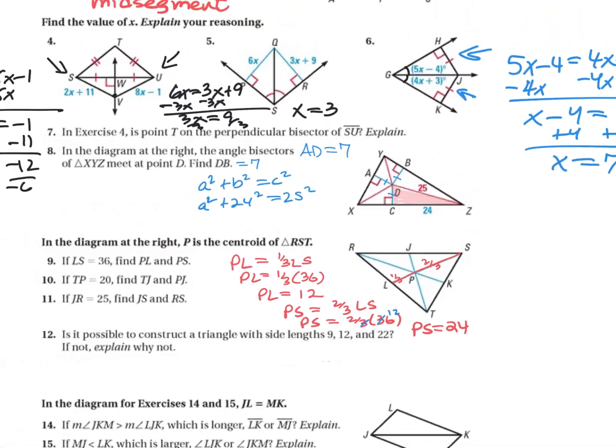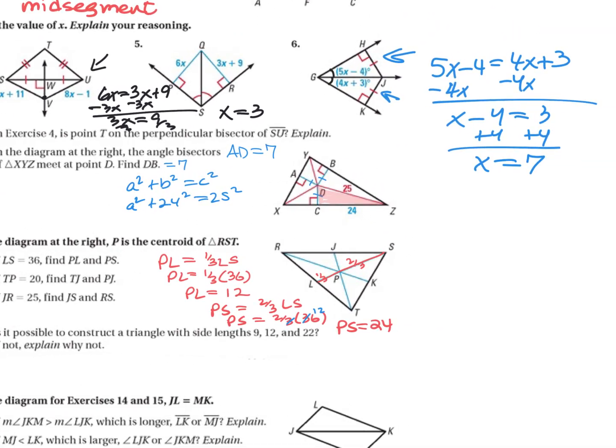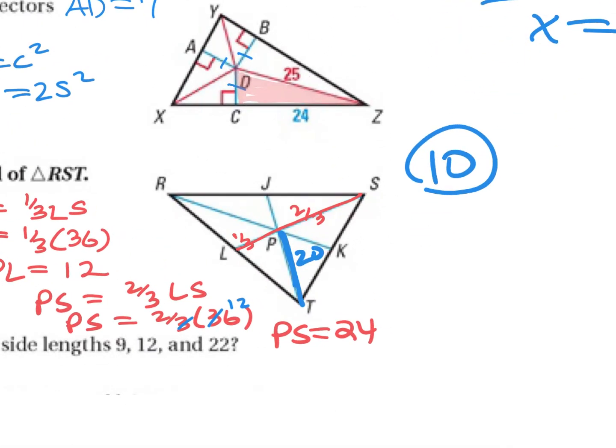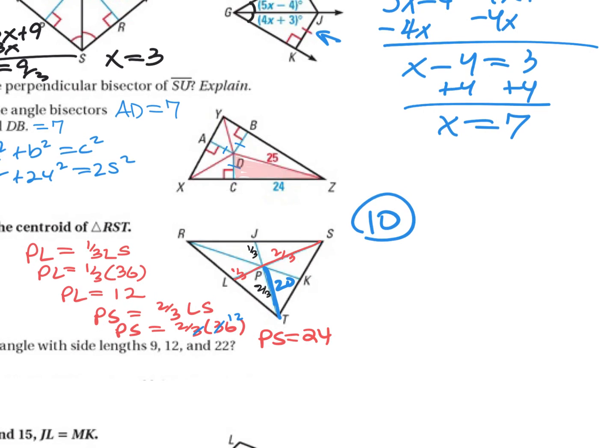And then for the next one, number 10, they gave me the length of TP, which is right here. And they told me it had a length of 20. So I know that TP here, this is the 2/3 piece. And then over here on this side is the 1/3 piece. So if I go ahead and first find TJ,